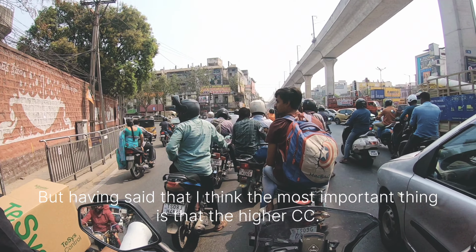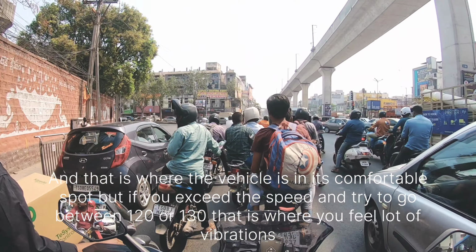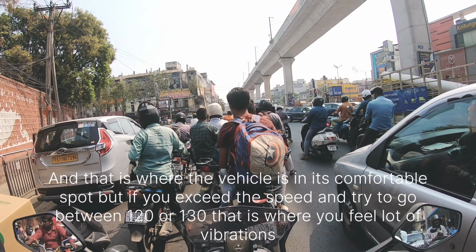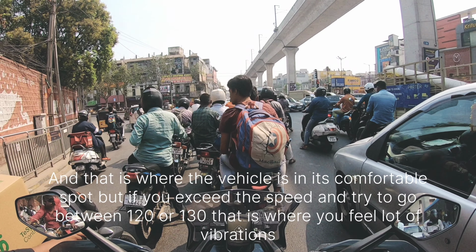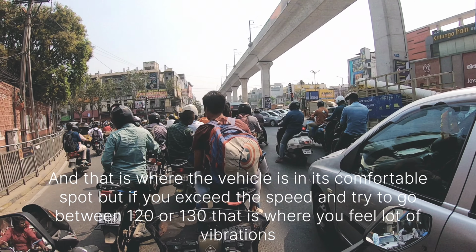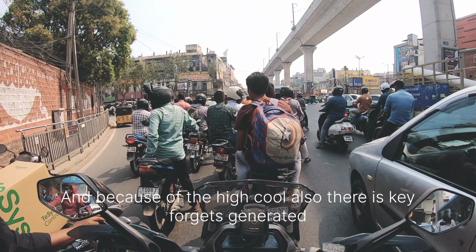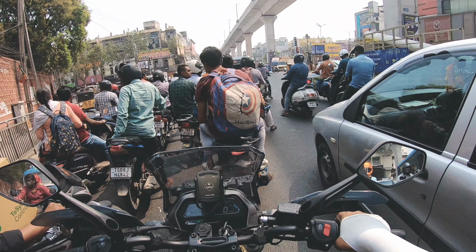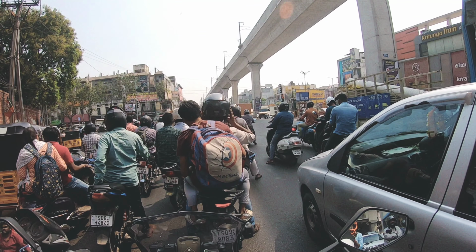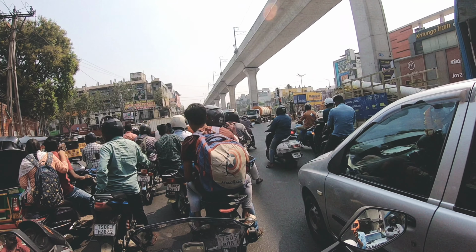But having said that, I think the most important bit is that for highways that vehicle is good enough if you are between 100 to 110, and that is where the vehicle is in its comfortable spot. But if you exceed the speed and try to go between 120 or 130, that is where you feel a lot of vibrations, and because it's oil cooled, there's also heat which gets generated. The oil cooled nature of the engine is good enough for 100 and 110, but a little beyond that it heats up, and it also